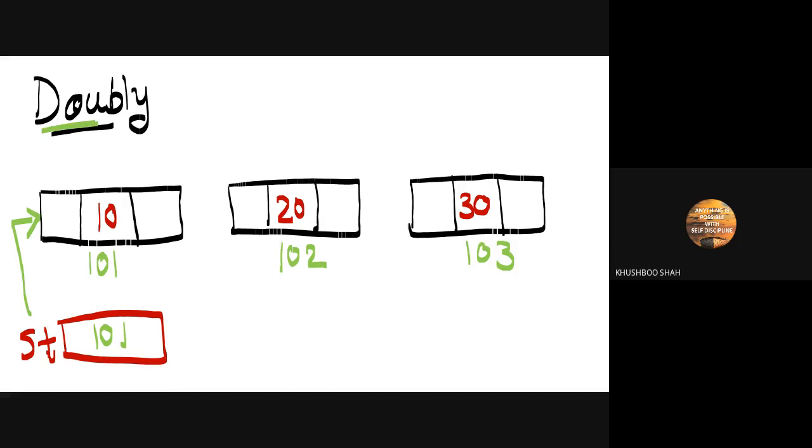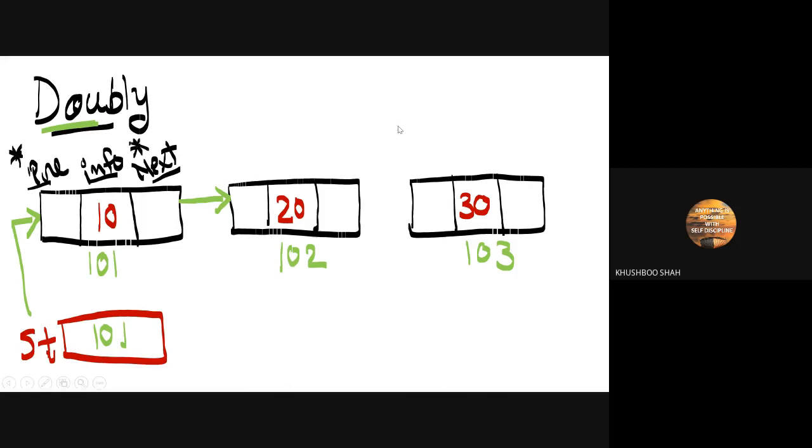Means what? That the first node, this is my first node. If I want that it should link the next node, what I need to do. Okay, let me give the names. This is info. This is previous. This is called next. These are the data members or the names of the structure sections. So this is the pre, that is previous, info, and then next. And both are the pointers.